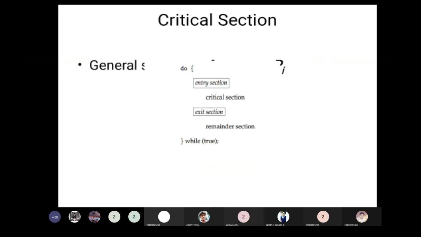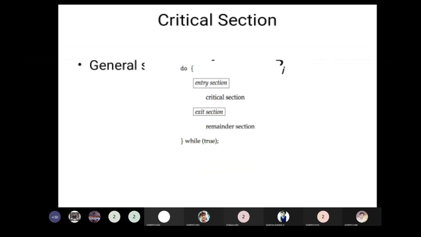During this particular process, the other process will not be allowed to enter the critical section. Next, the exit section will be executed. That means the particular process which already executed the critical section has come out of the critical section. Then the remainder section will contain the remaining code to be executed by that process.